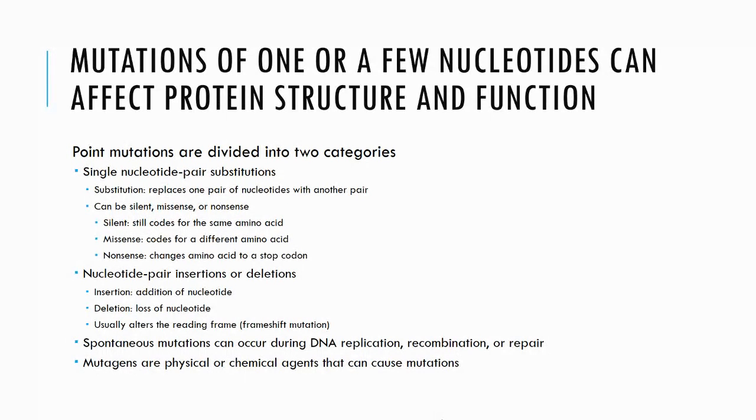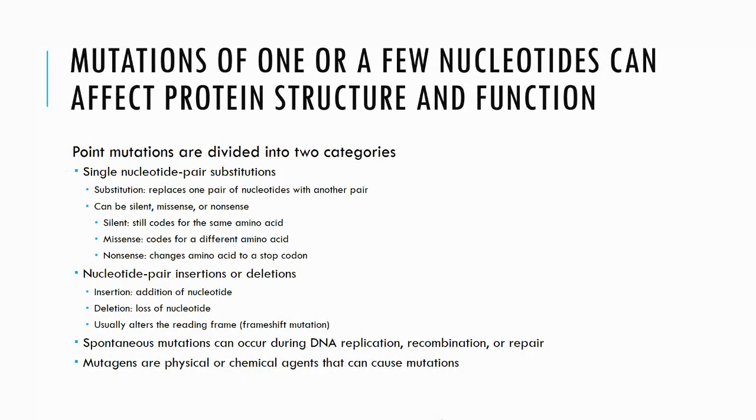There are two categories of point mutations. First is a substitution, where one nucleotide pair is replaced with another. And those can be silent, missense, or nonsense. If the mutation is silent, that change still gives the same amino acid, so the polypeptide sequence is going to be the same. With a missense, the mutation codes for one different amino acid, and a nonsense happens when the amino acid is